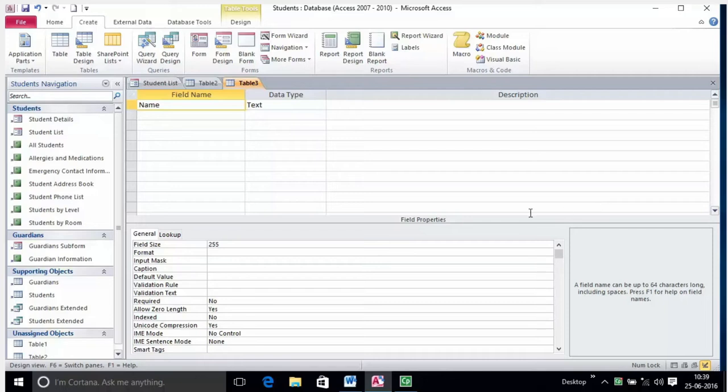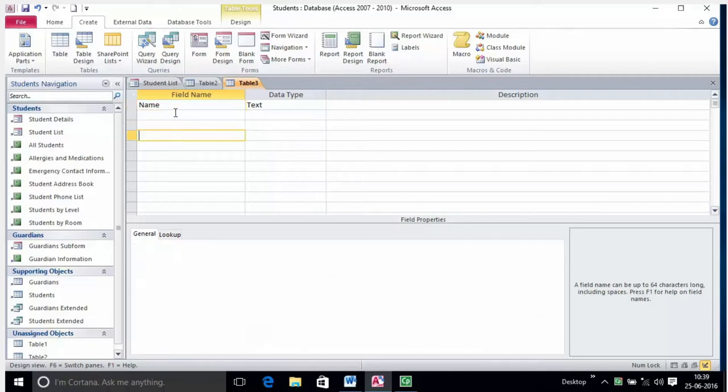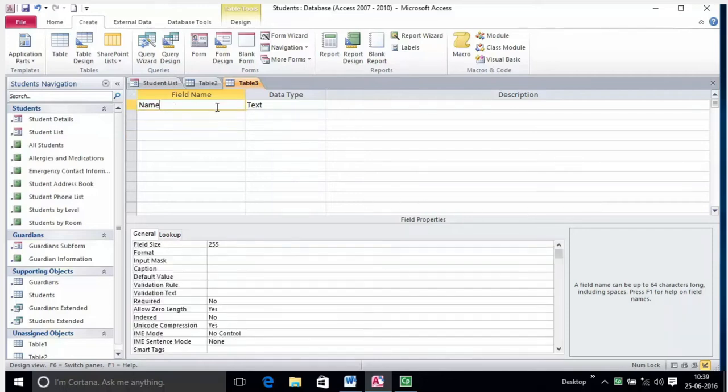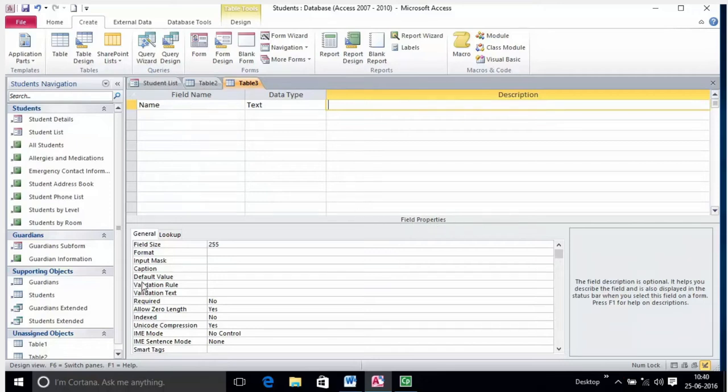The Field Entry pane, located at the top of the object window, is used to enter each field's name, data type, and description. The Field Properties pane, located at the bottom of the object window, is used to specify the field properties. The properties available in the Field Properties pane depend on the data type assigned to the selected field. On the right side of the Field Properties pane is a box in which MS Access displays information about a field